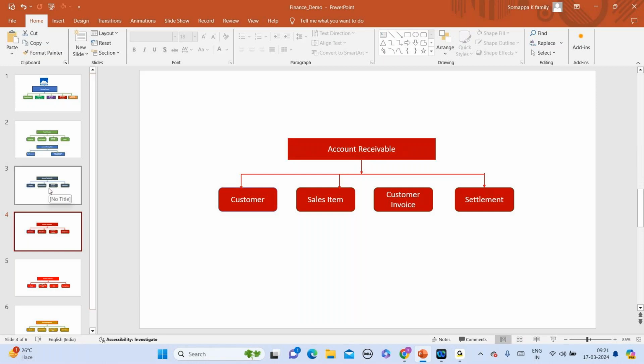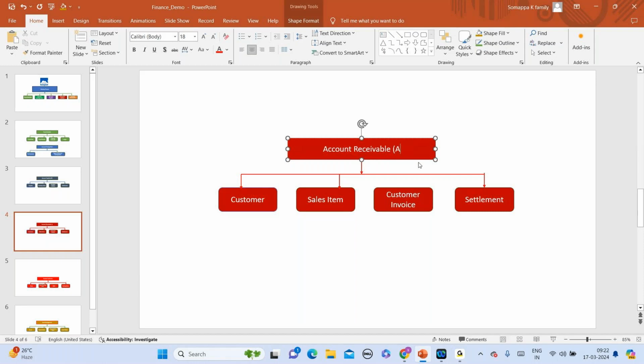basically the AP and AR modules. AP always deals with the supplier. Whenever you're talking about AP, we'll talk about the supplier. Whenever you're talking about the customer, it is nothing but the AR. Generally, we call it AR, account receivable. So this I'll be explaining as part of the AR. Okay. Then once we come to the